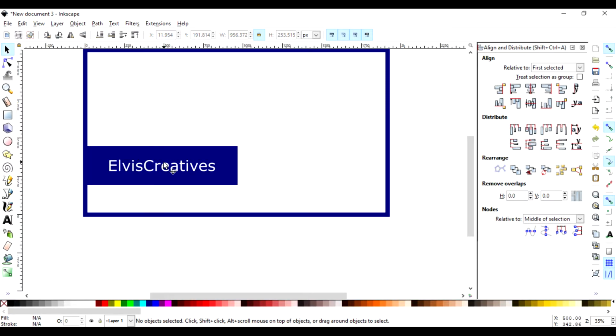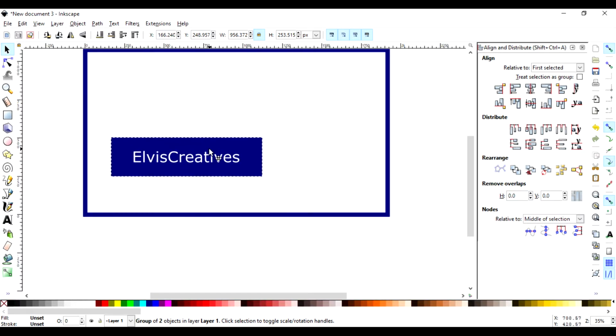So I can go ahead and group these two together. You select and press Shift to select them together. Then Control G. Once you do that, now I can make them have the same